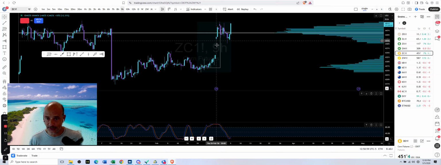Well, of course, this was Sunday open. There was no liquidity and the price gapped higher. And you can see that gap right here in the volume. There was no volume here. So it knifed right through it. Came back, didn't fill the gap, but it came back to the top edge of the gap,